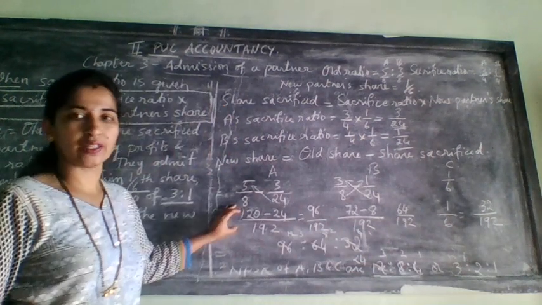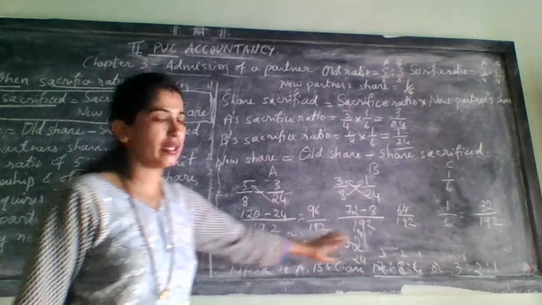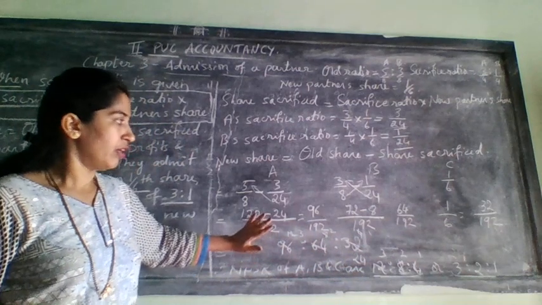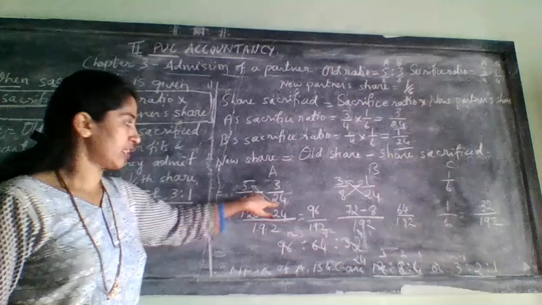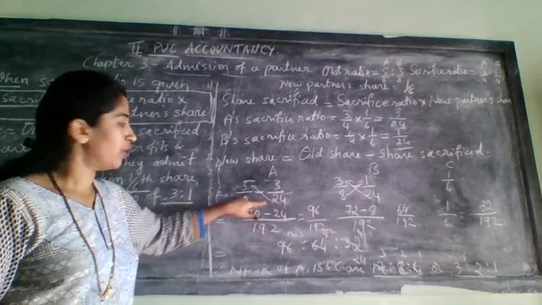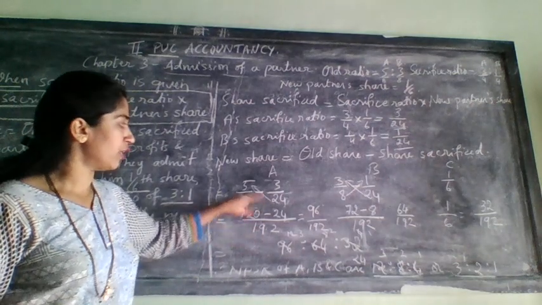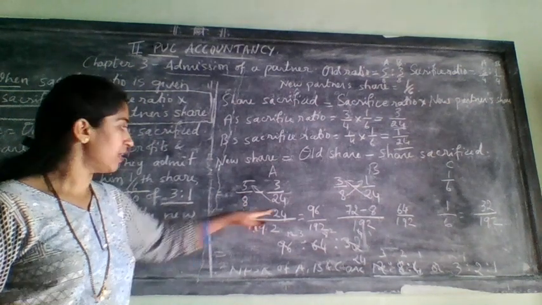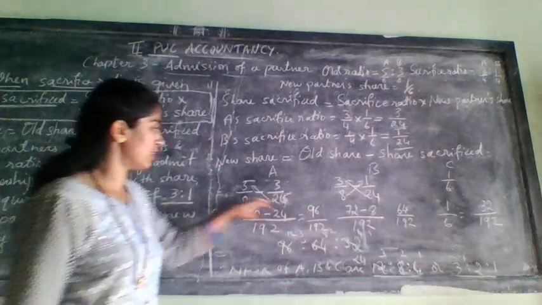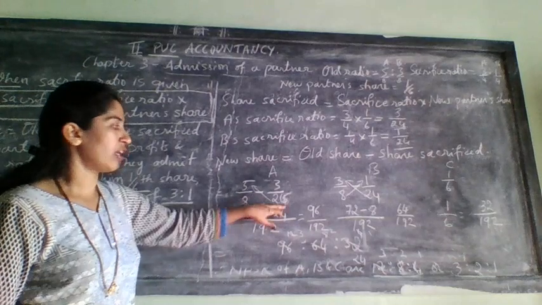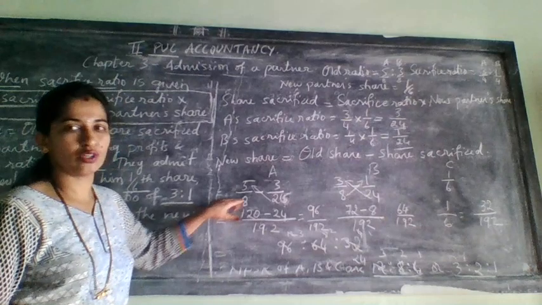When you follow this method, the problem will be to simplify this, because you will get big numbers. So better you follow which method? First method, as I told, check the numbers, which is the highest number. If it is divisible by one more number, take that as a denominator and you can do it. If it is not possible, for example, if it is 5 here, then it is not possible from 8. 8 does not have 25 in that table. That time 25 into 8. Do it like that only.